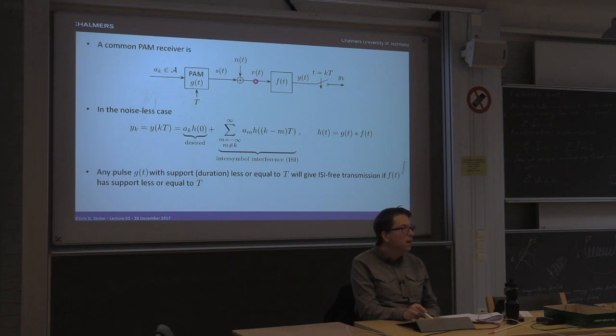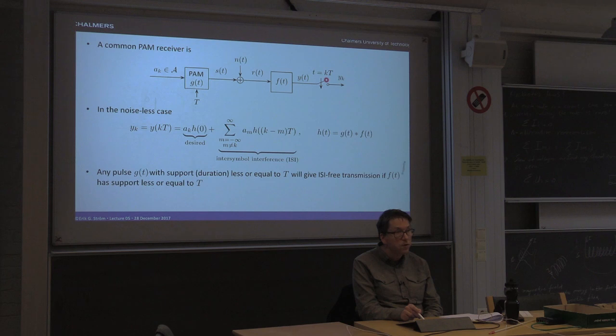Okay, and the first thing that happens in, I would say, any receiver is that we filter the receive signal. Basically we do that in order to suppress noise. So this filter F here is important, so we need to select it properly. By selecting it, I mean we select the impulse response of this filter in a smart way. Anyways, if we have this impulse response F, then we have some output Y, and this we sample,